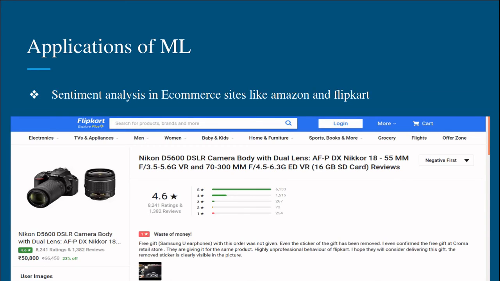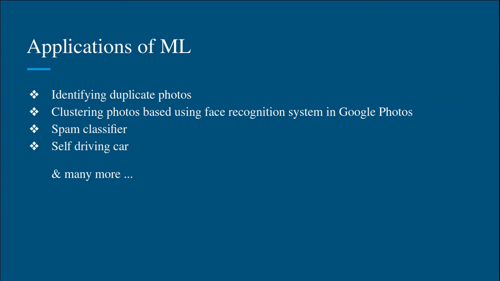On your mobile, sometimes you get notifications to delete some duplicate photos, or in Google Photos, you might have seen it cluster the photos by using a face recognition algorithm. Even the spam classifier in the mail system is also a machine learning algorithm. You might have heard about the self-driving car. Companies like Google, Uber and Tesla are actively working on making a driverless car. You should not be amazed to see driverless cars on roads in the future as the world is making great progress at a great pace in AI.